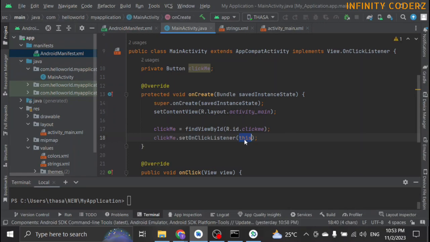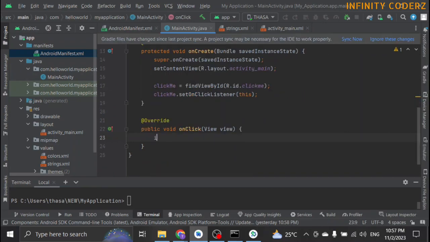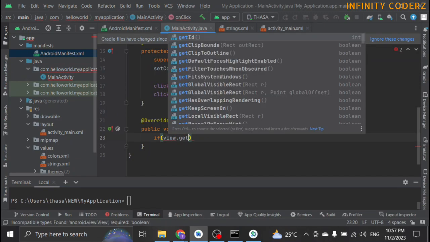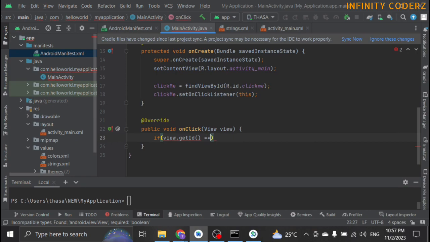After assigning the ID, the variable should also call setOnClickListener with this activity reference, so the onClick would be able to receive the listener. Since we already created a variable for clicking and setting the listener, now we have to program the onClick action to be performed. In the onClick, we can always compare the view's ID with the actual UI element ID in the layout to determine the action to be performed when we have more than one UI element.